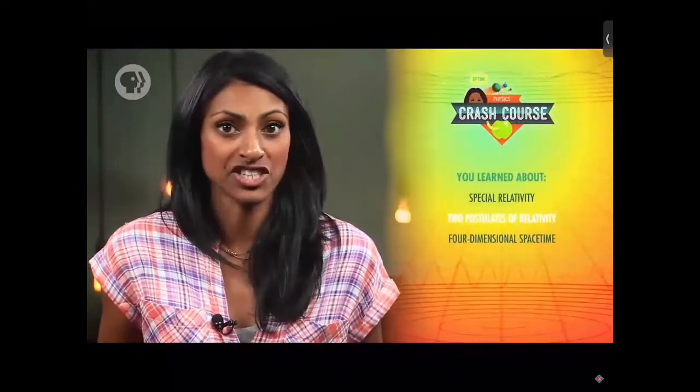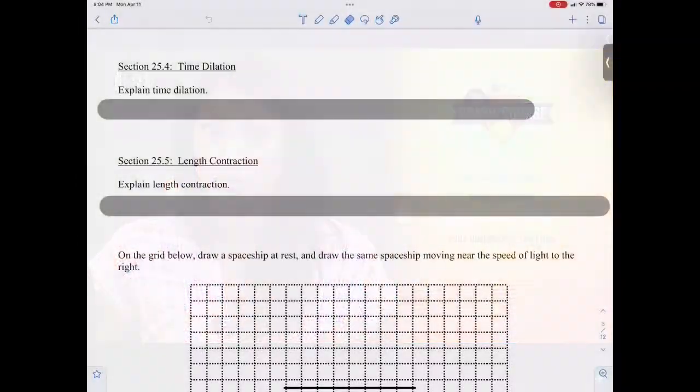Today we learned about special relativity. We went over its two postulates and their consequences: time dilation, a lack of universal simultaneity, and length contraction. We also